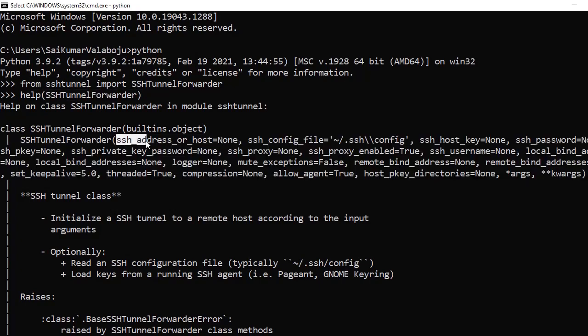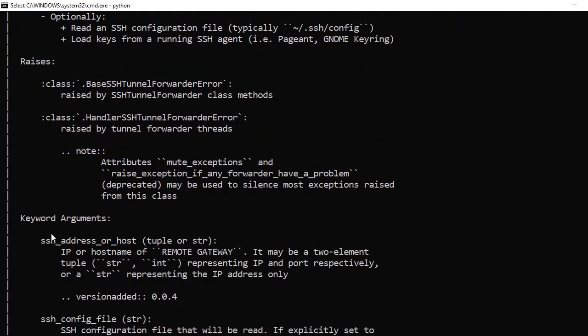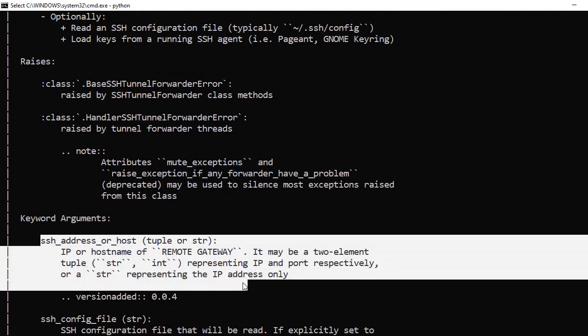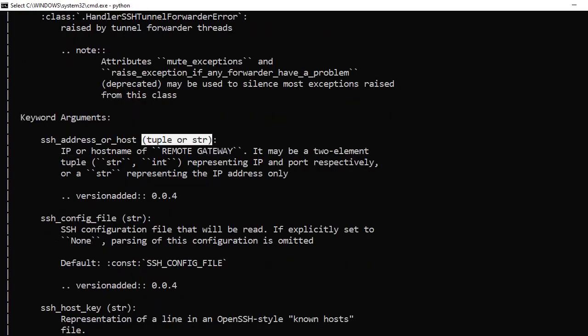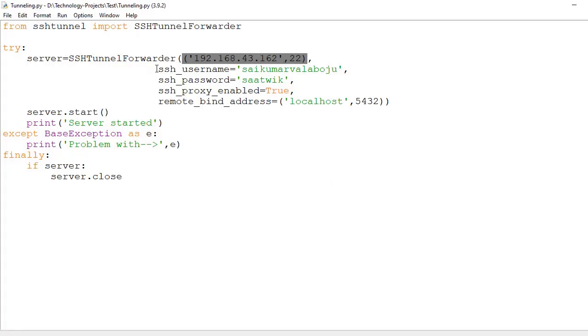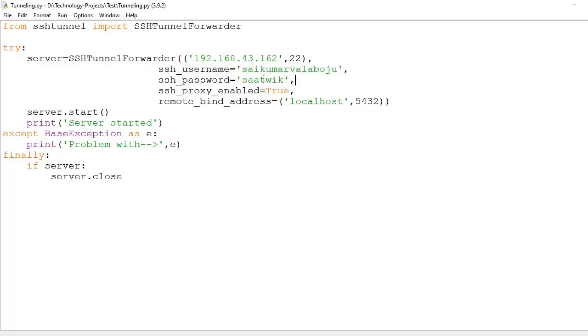First is the SSH address or host, which it expects in the format of a tuple; here you can observe tuple or string. That's why I gave it in tuple format. Next, SSH username and SSH password, which are the Ubuntu login details.